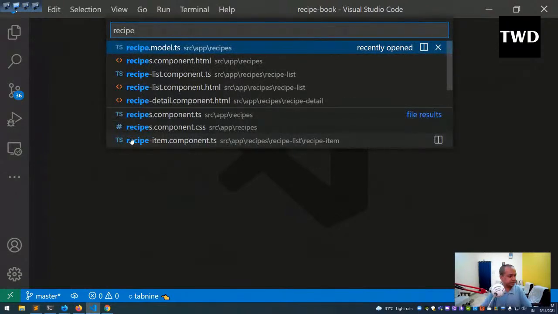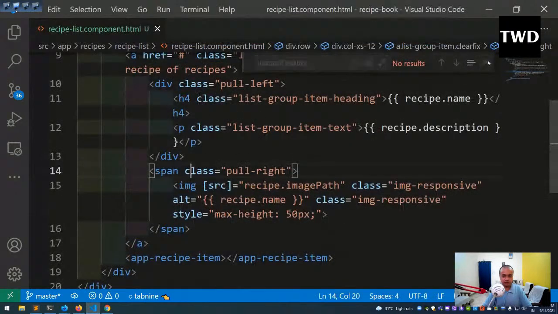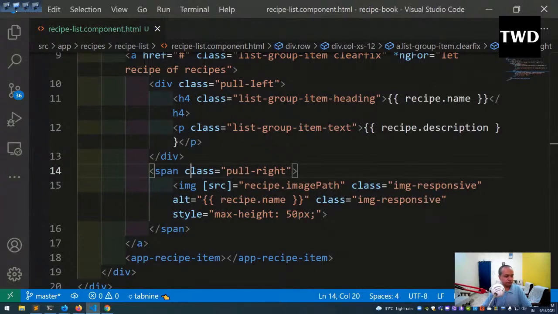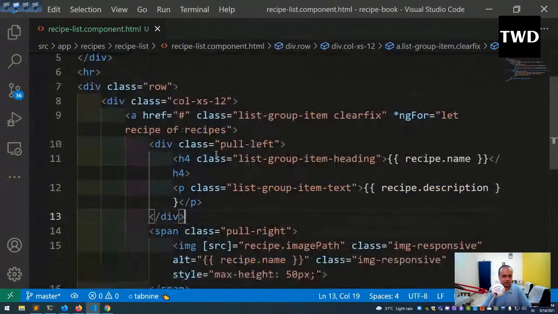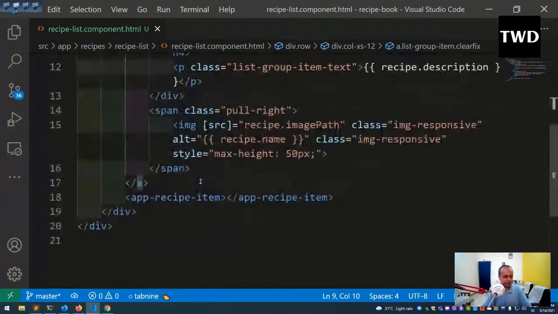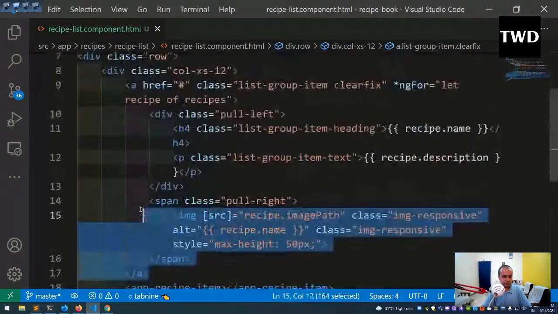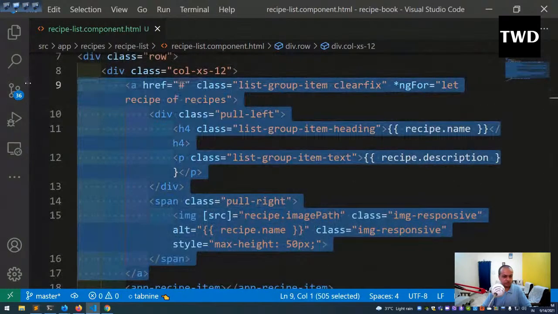Recipe list component.html will go to recipe list component.html, and from here we'll cut the recipes. Yeah, recipes we are going to cut from the recipe list component. So all of this we are going to cut,